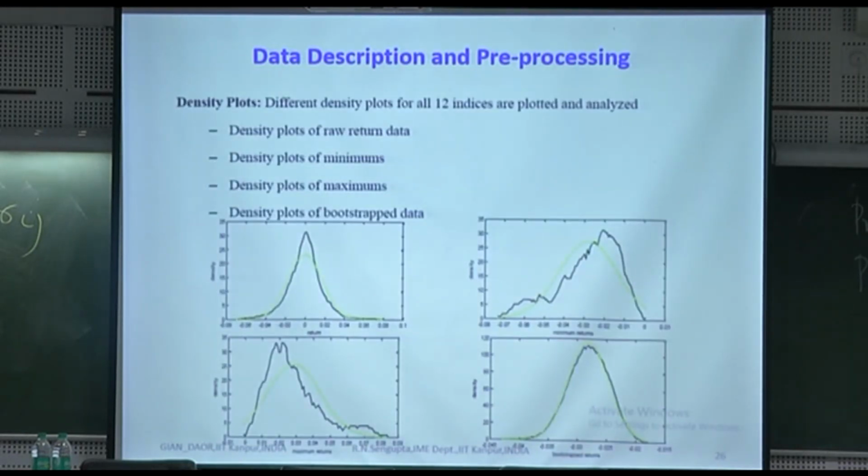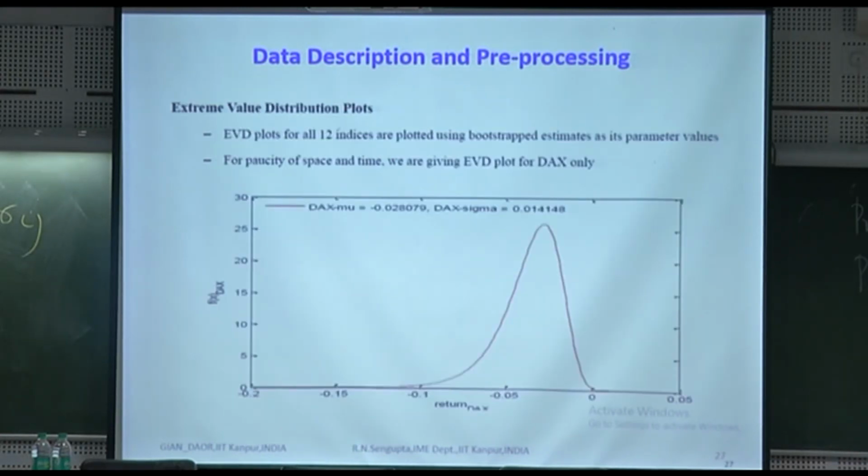Now I do some normality plots, kernel plots, in order to find out whether they are normal or not. This green one, if you see, is the normality plot, but in some cases they are extremely skewed to the right or the left, depending on whether you are taking the maximum of the return or the minimum of the return. If it is loss or profit, they are skewed to the right or the left. This is most probably done for the DAX, but it will be there for all the cases. You do the normality checks and so on and so forth.